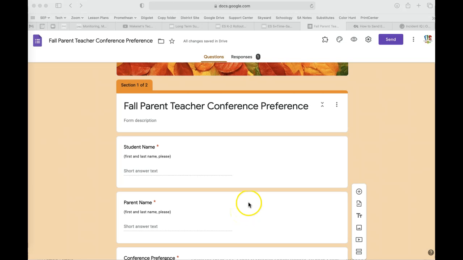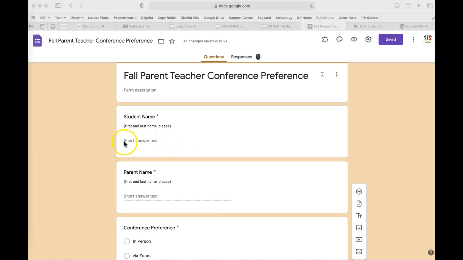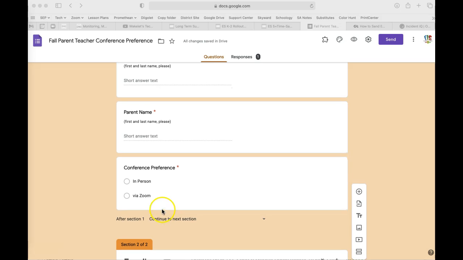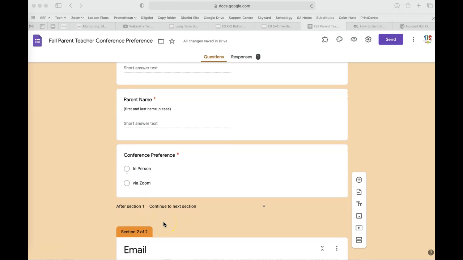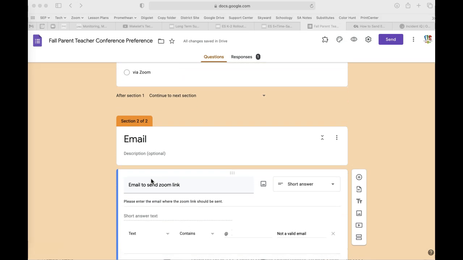If you would like to use a form like this for your parent-teacher conferences, what it asks for is the student name, first and last, the parent name, first and last, and then they choose whether they want to be in person or via Zoom. And this is set up so that if they say in person, then this is going to submit the form for them,